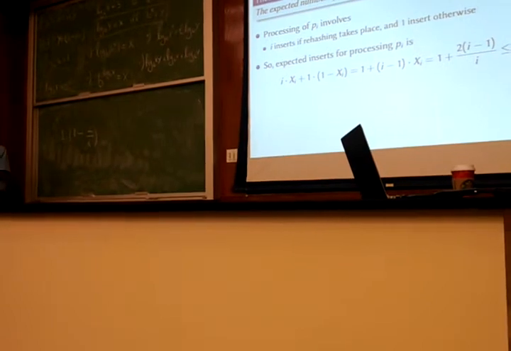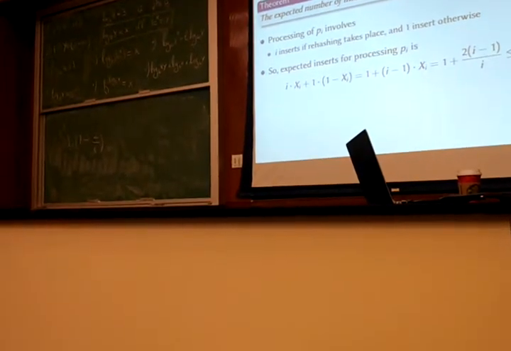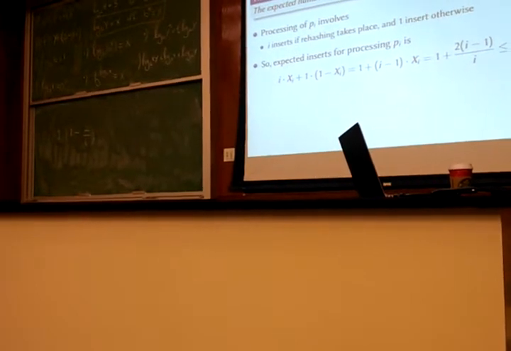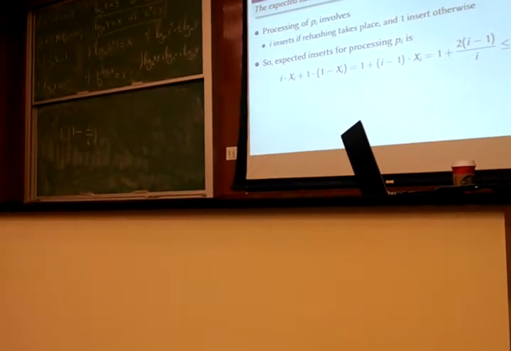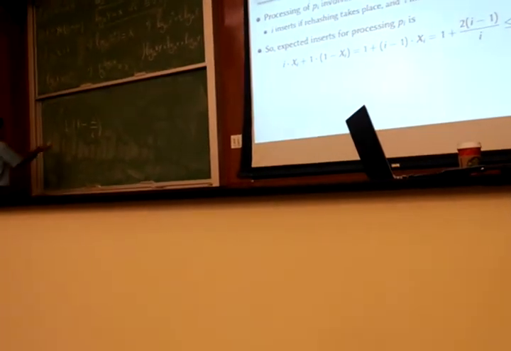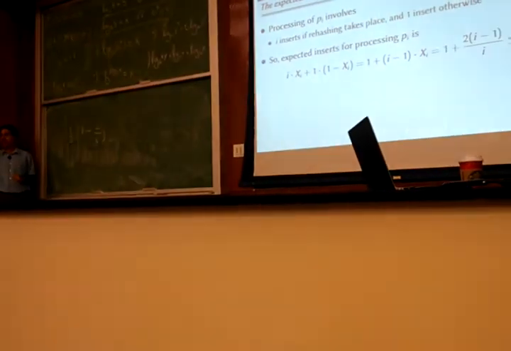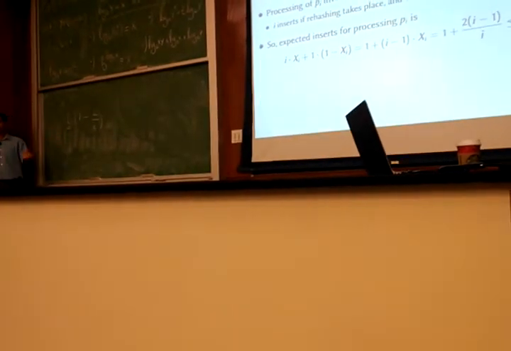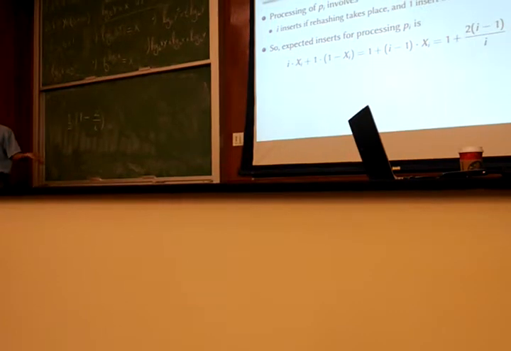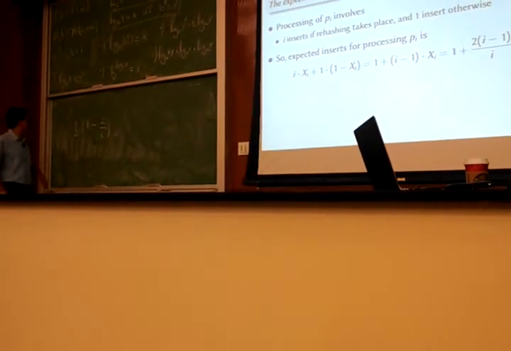So 2 by I is the probability that it is one of the closest pairs. 1 minus 2 by I is the probability that it is not one of those. If it's not one of those, then the time needed is just constant. You just have to hash it, put it into the table, check its neighbors, all of this takes constant time,